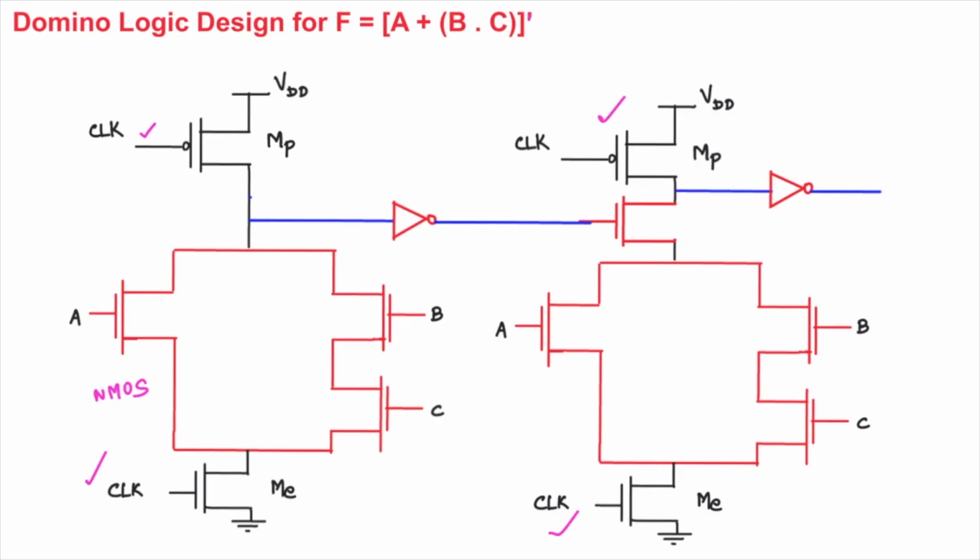So here I have used the PDN logic, and we know the rule for getting the PDN logic. Wherever you find this complement, you just take the complement, and therefore fn will become a plus b dot c. If it is dot, we go for series connection, and if it is plus, we go for parallel connection. So b dot c is in series and a is in parallel with b dot c. The same PDN logic is being repeated here. It is going to be repeated for n number of cascading stages. Now you look into this. In the general structure we would have missed this.